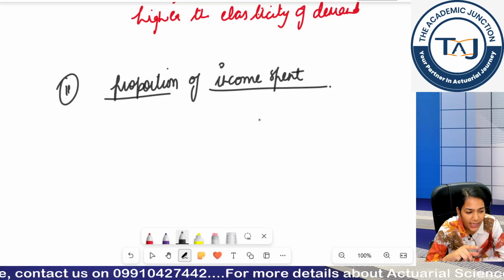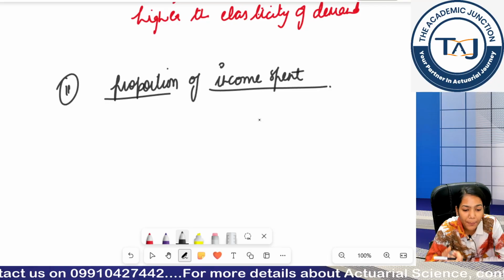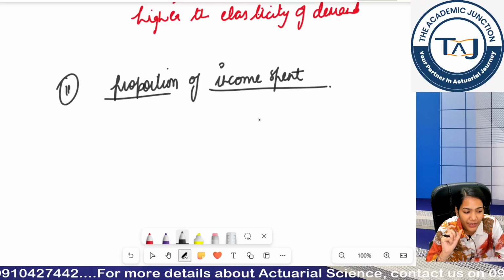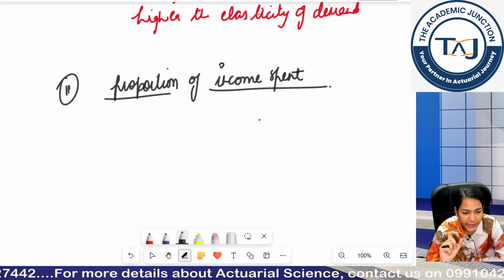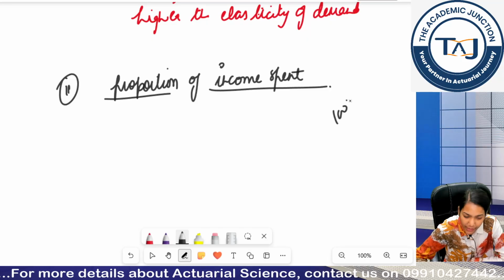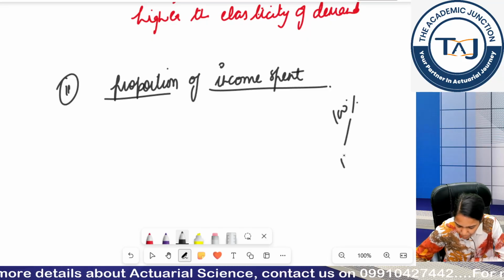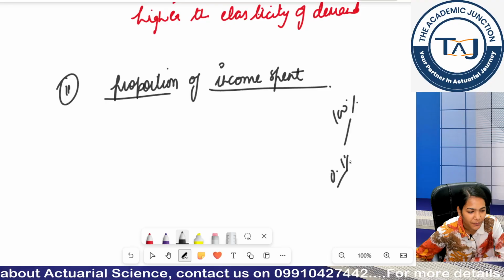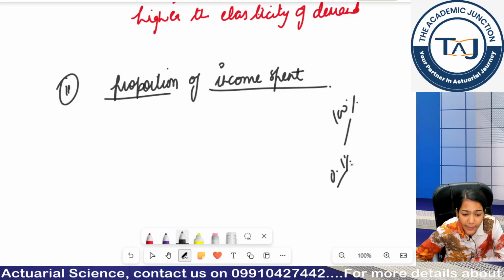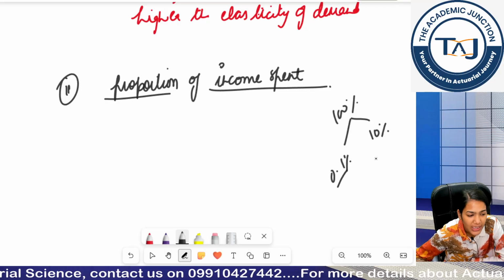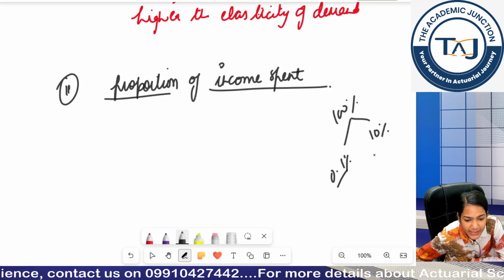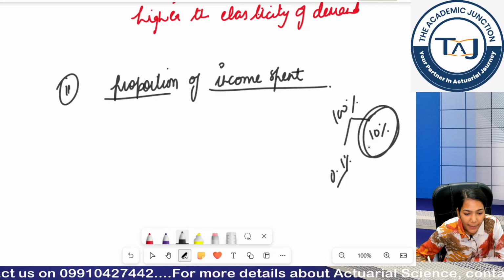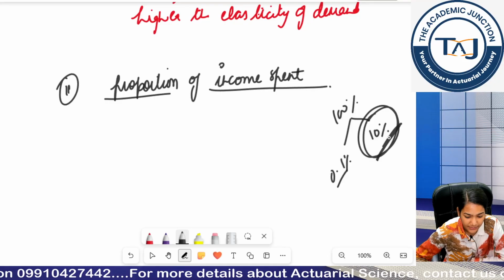Yes, of course a car. Why car? Because a larger proportion of my income is being spent on a car. Bread is a very small amount of my income, right? For example, if I am earning 100%, maybe only 0.1% of my income would be spent on bread, but almost 10 to 20% might be spent on my car. So that's why I will think more about my car decision.